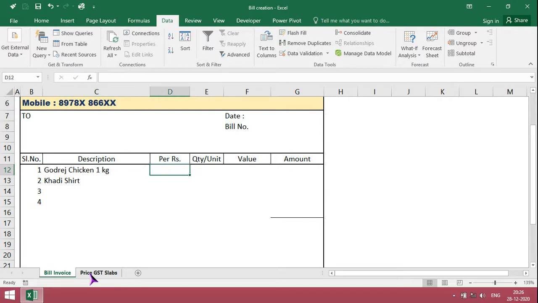Next, to get the price, we need to use INDEX MATCH.